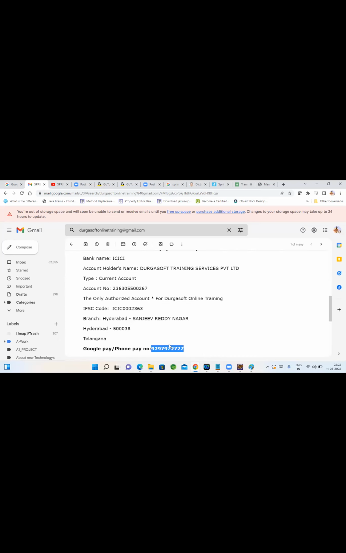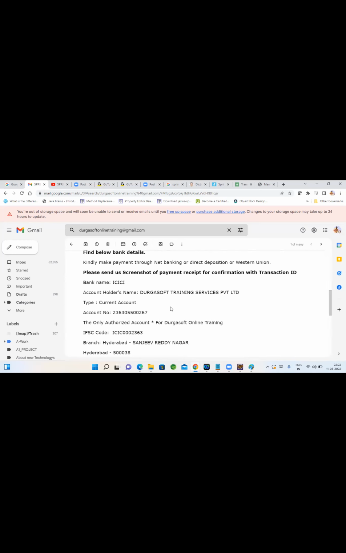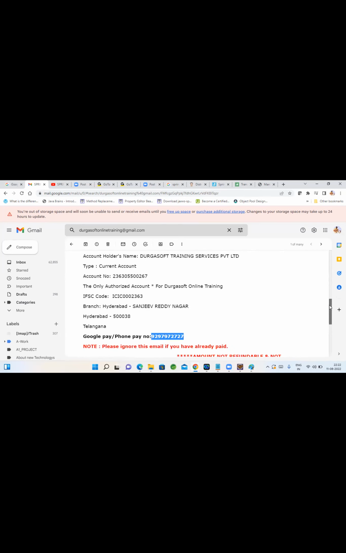You can directly do the payment to this link, or else you can add this account and do the transfer also. After doing payment, do we need to share the screenshot to the same number only? Yes. Share it with them. If you see any difficulties, share it with me. You must all have my number, right?